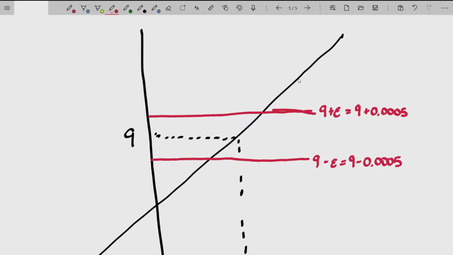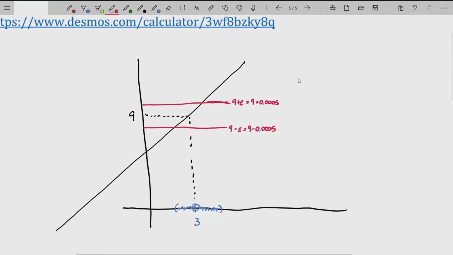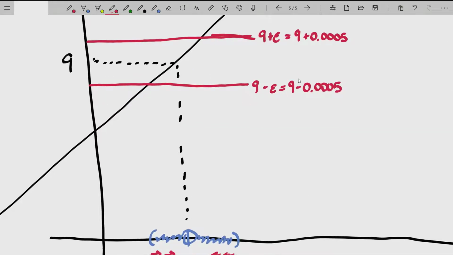So somebody has preset those distances away from the limiting value of 9. Our job is to find out how close we have to tighten up. How tight do we have to ratchet this horizontal or delta neighborhood so that finally it's tight enough that all of its x values will land within this, and let me use a color here for this, all of its x values land within this symmetric box. So we want to figure out how tight we have to make x, get the delta to make that